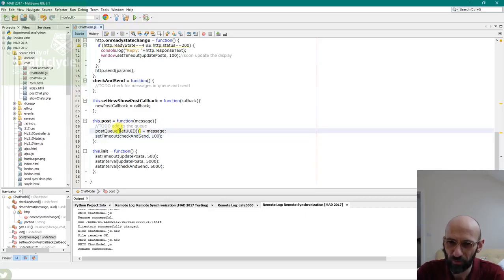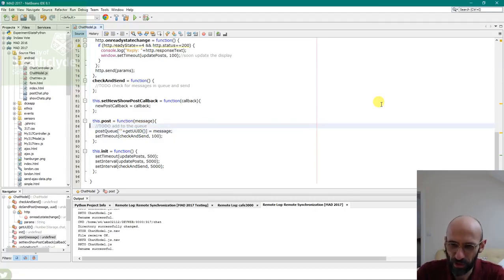So the post queue, that's actually a bit of an issue because that's a number, and with associative arrays they're indexed by string. You don't want to be indexing them by number because you start getting into complications with traditional arrays. Best thing to do is just append the empty string, and that forces it to be a string. So we've got post queue,